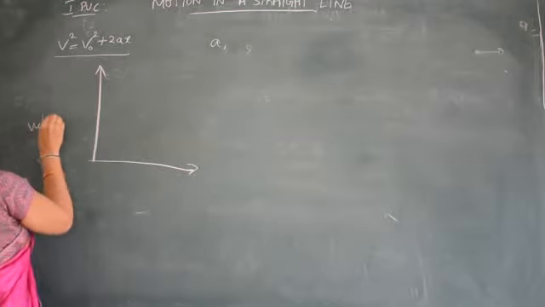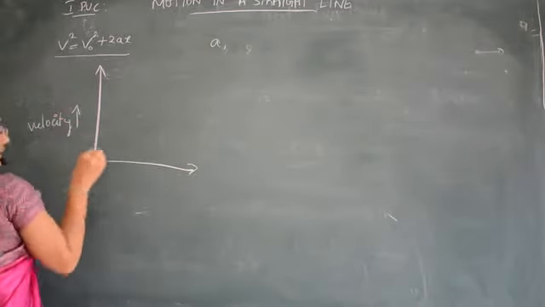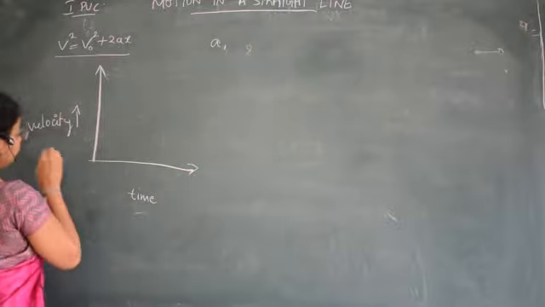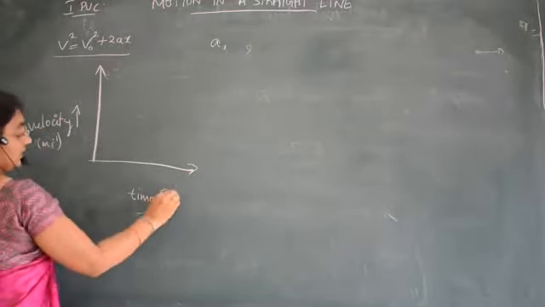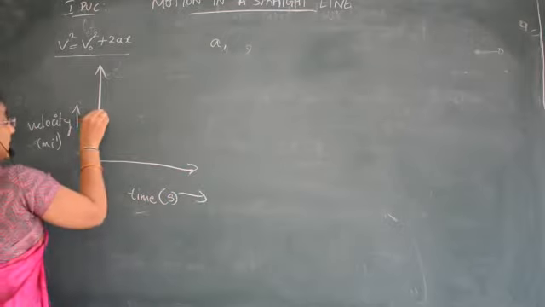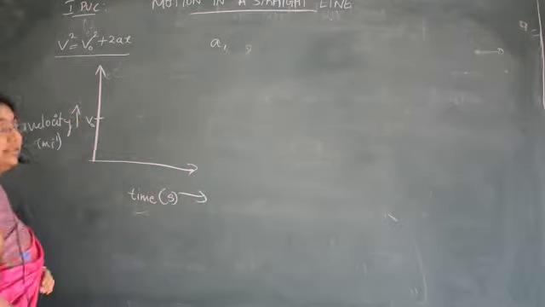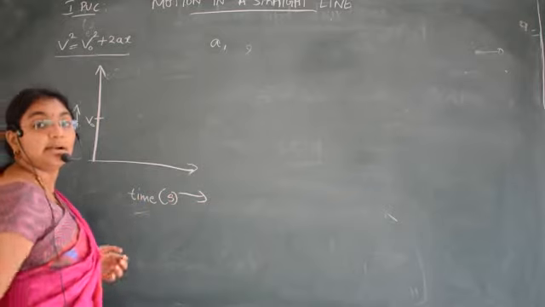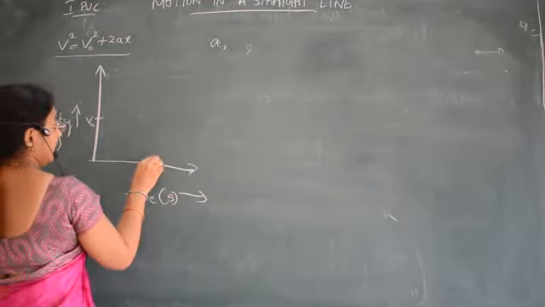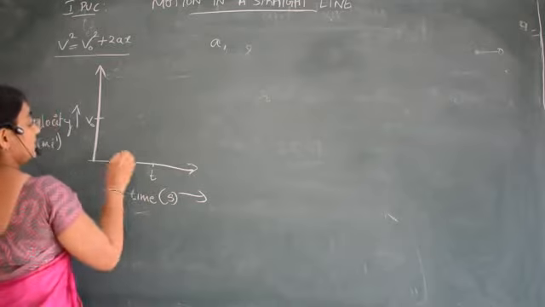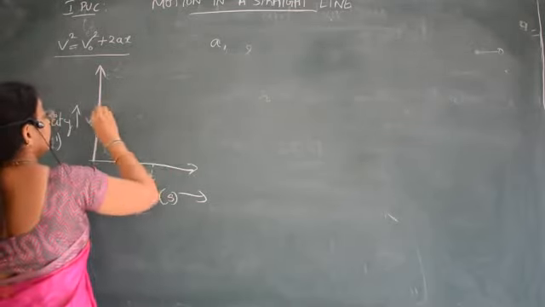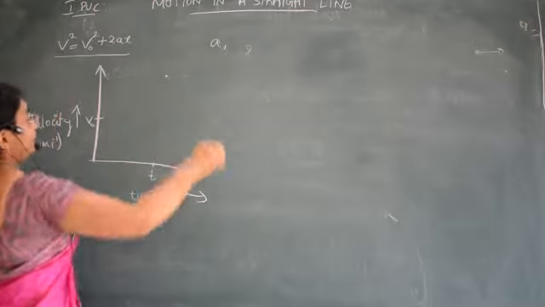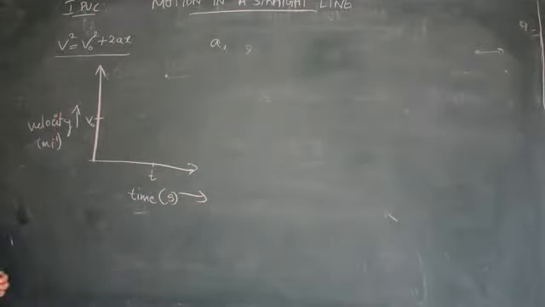So this is the velocity time graph we are plotting. And this is time, meter per second. Okay, initial velocity v naught. Let the body have the initial velocity v naught. Let v be the velocity after the time t. After the time t, let this be time t. So after the time t, let the velocity of the body be v. Then the graph is like this.